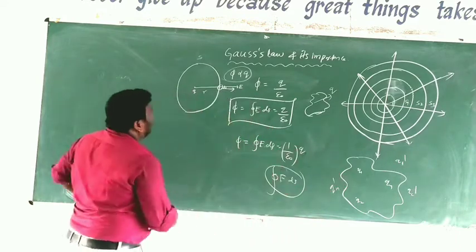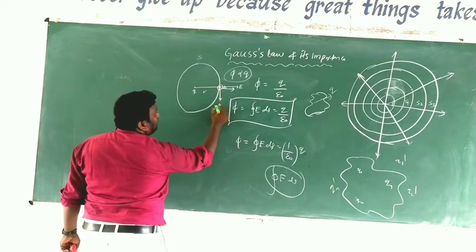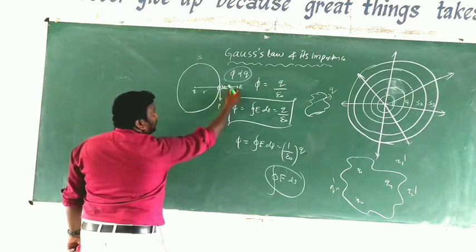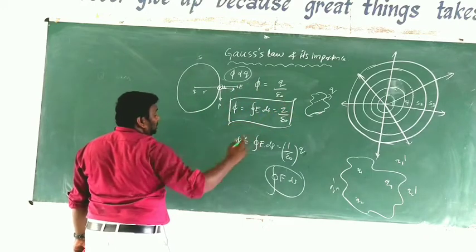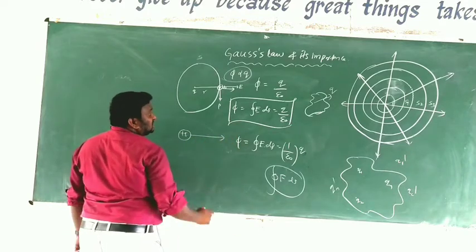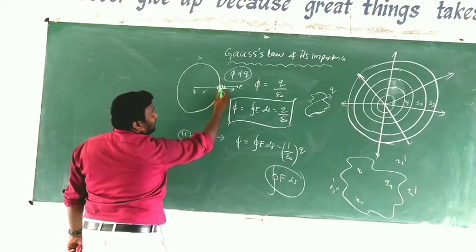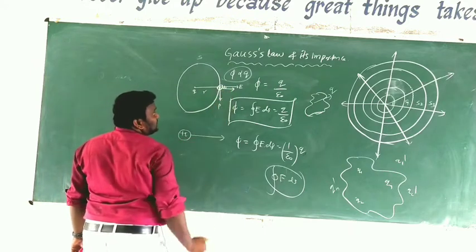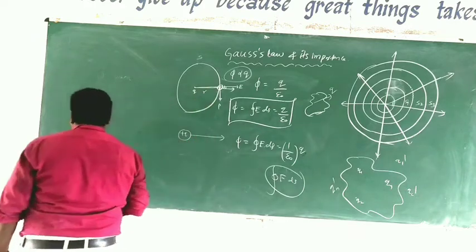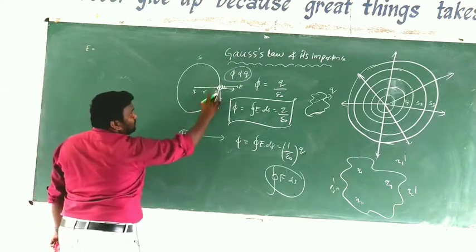So that's why, now this is the point we are selecting. The point I am taking is P. At this point, the electric field intensity and ds are both in the same direction, radially outwards. When we take some plus q value, the electric field intensity is radially outwards. That's why I am showing the direction here, and the small element area surface is ds. Both are in the same direction, and this distance is r.